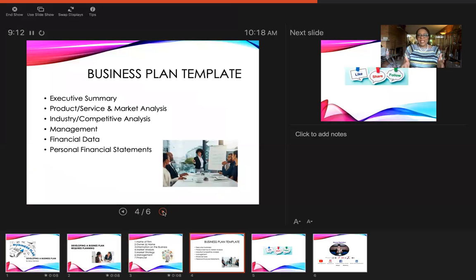Now, the business plan template is really just this simple because all of the previous pieces that I asked you to identify will now go into the business plan template. The business plan template includes the executive summary, which is the absolute last piece that you will write.